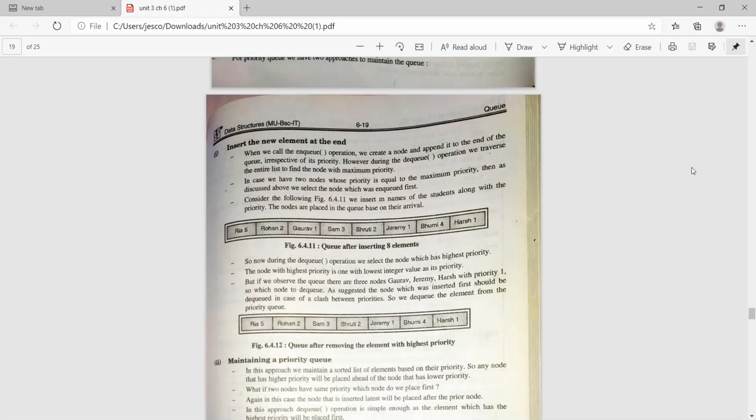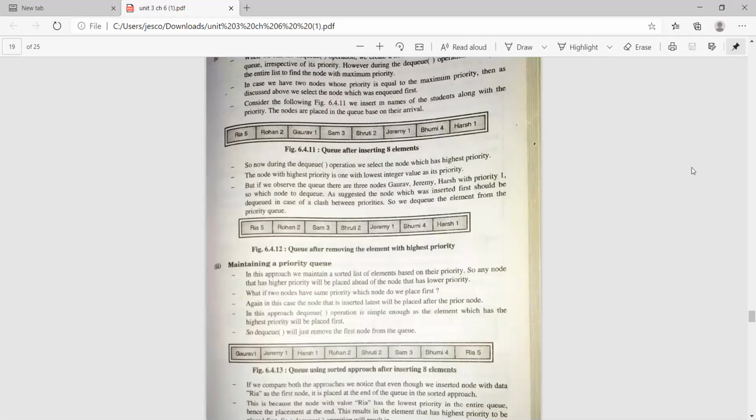Among these three, Gaurav, Jeremy, and Harsh, we delete Gaurav first because he has arrived first. After deleting Gaurav, there are again two clashes, Jeremy and Harsh. So in the next step we'll remove Jeremy, and in the next step we'll remove Harsh.